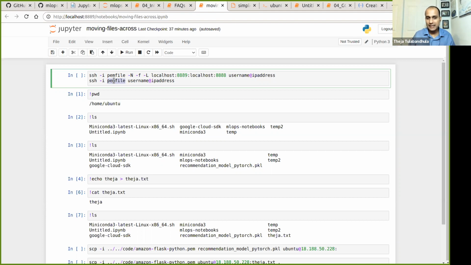Amazon makes it easier. It says, hey, don't worry about all that. I'll give you a PEM file. In fact, you just download it using the GUI, and you can just SSH using only that. You can't use a username and password, for example. Okay, so then we don't need any other keys apart from the PEM file. No ssh-keygen and all, some commands that I think were in the first lecture recording. No, you don't need all that. Okay, thank you.